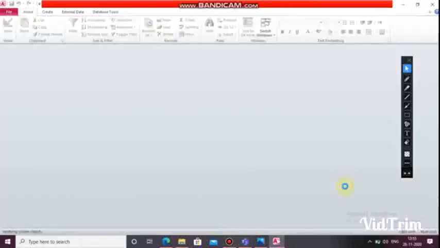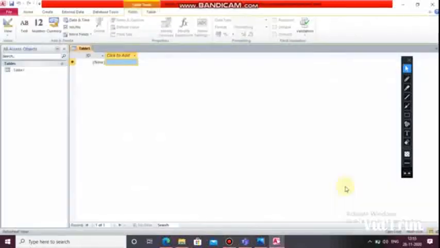I have clicked on create, and you will see a table appears which is named Table 1. Here an ID is given, and you can see the click to add button. If you want to add fields, you can add them over here.